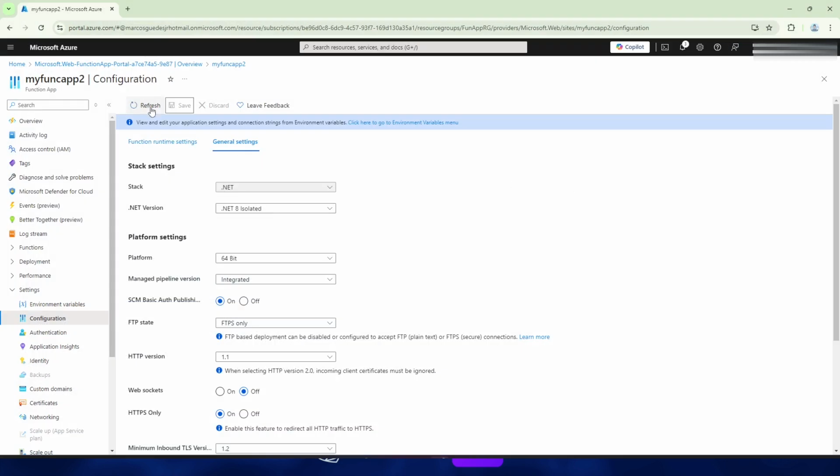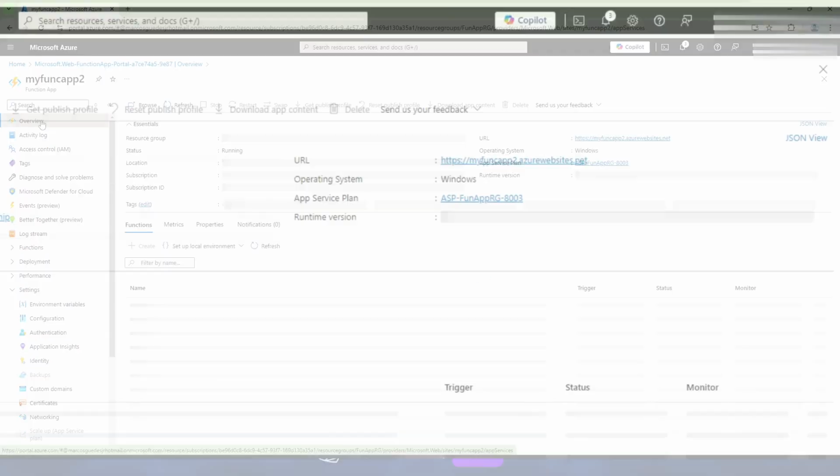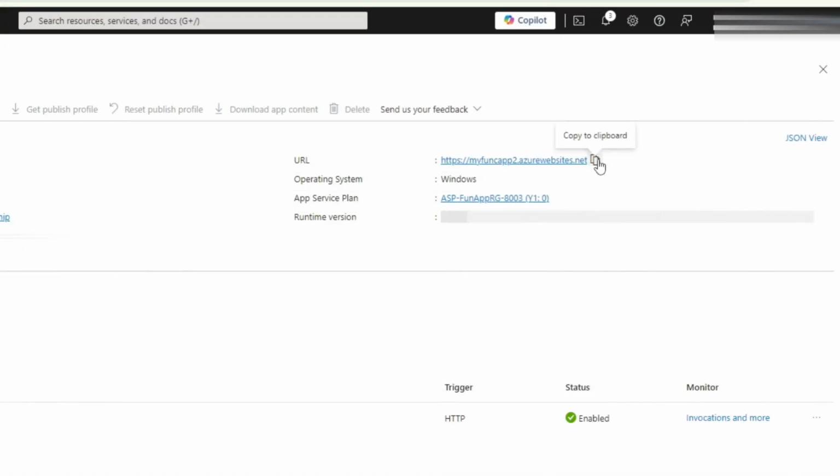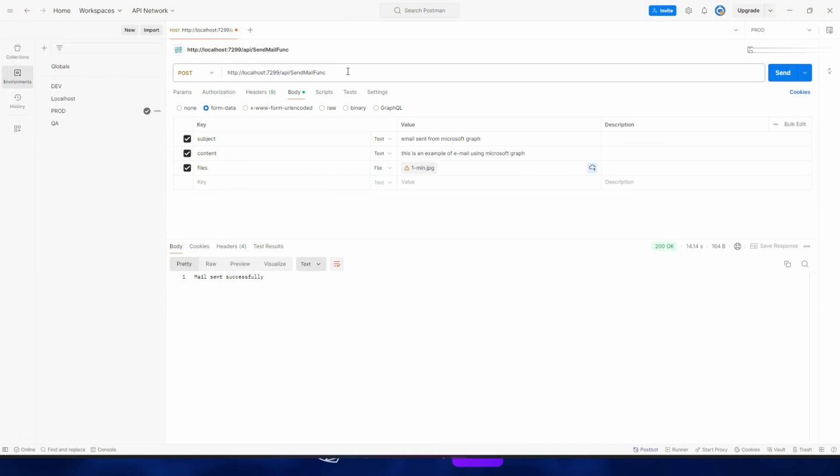In the Azure function, click the Overview option and get this URL. Then go back to Postman and change this URL to the Azure function URL. I will change this to my Azure function and here too. Now click the Send button to test our Azure function.